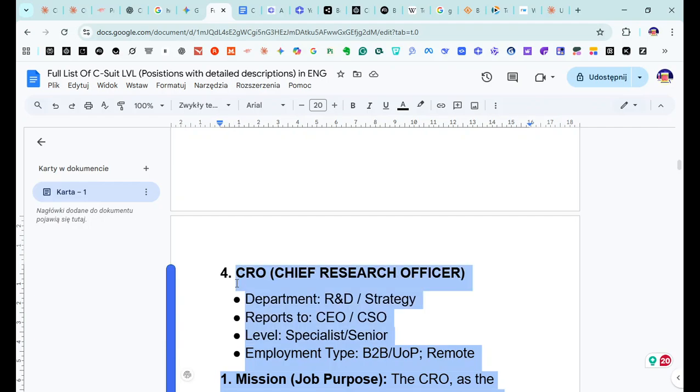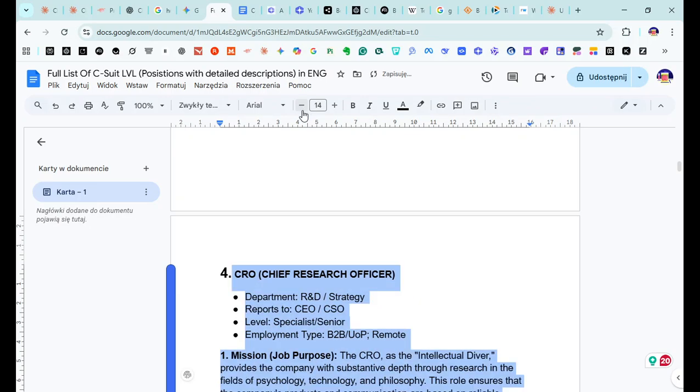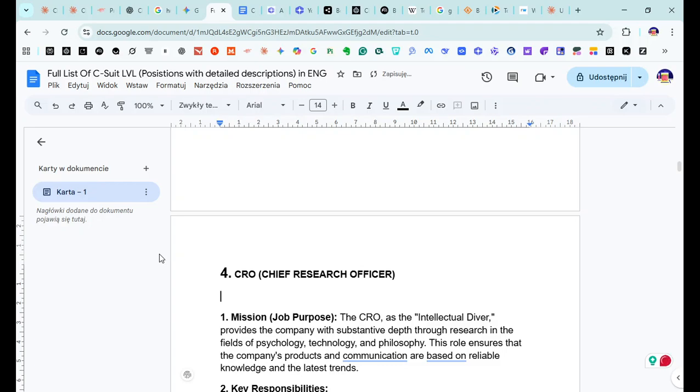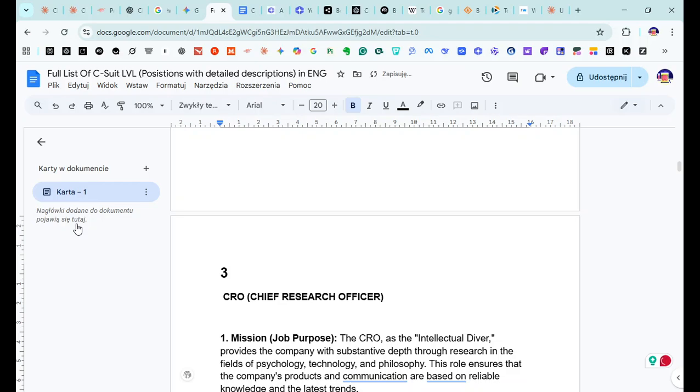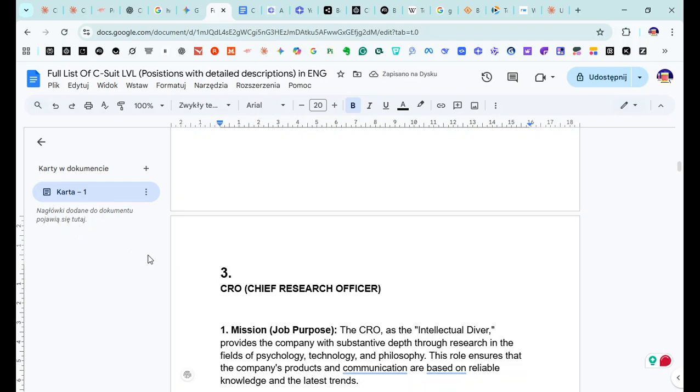Which size was it? I don't remember. 14? I think I deleted those. This will be number 3. And I think it was something along those lines. Is that correct?